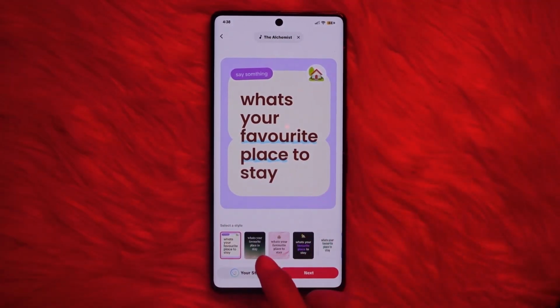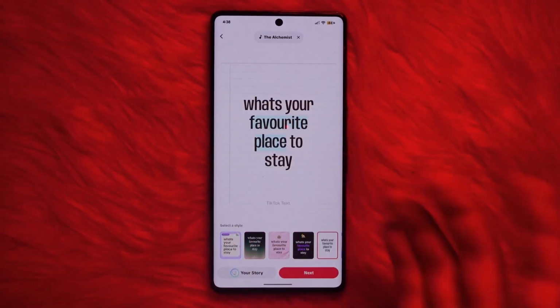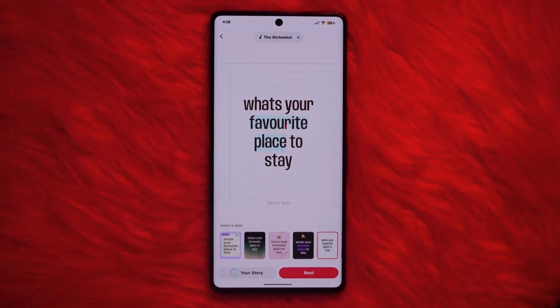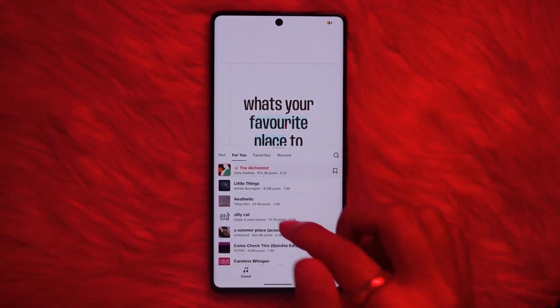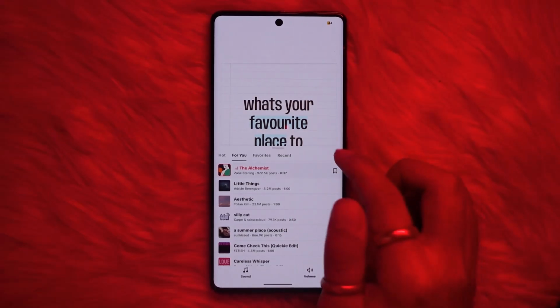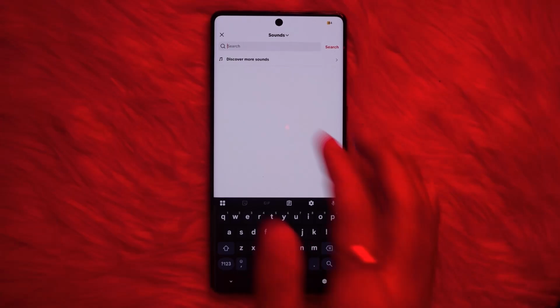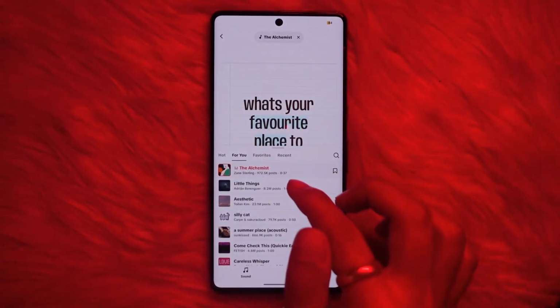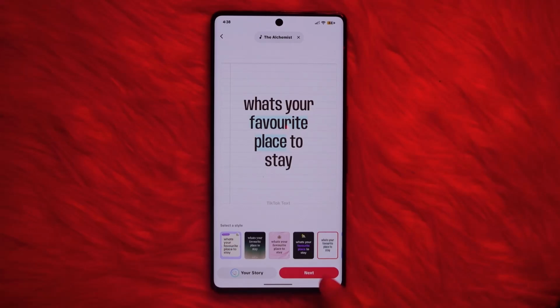Now I can also select any style that I want. I'll be selecting this notebook style because I find it much more appealing. I can also select music by tapping on this music option. From here, you will be able to find this search button over here as well, from where you can search for your selective music. Once you select it, all you have to do is tap on this